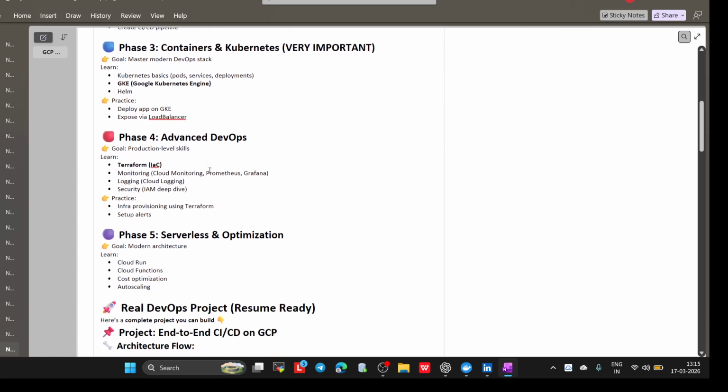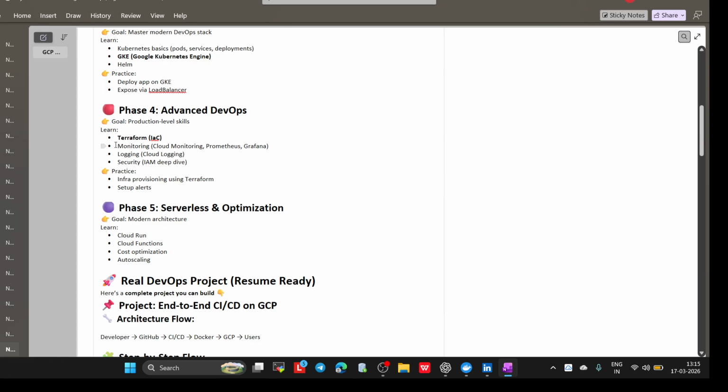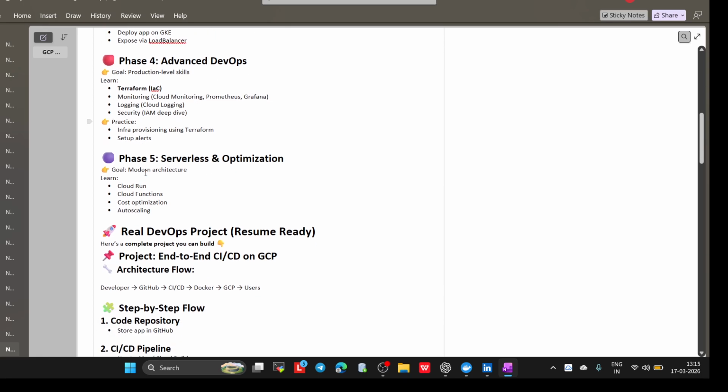And advanced DevOps like Terraform as infrastructure as code, monitoring with Cloud Monitoring, Prometheus and Grafana, logging with Cloud Logging, and a security IAM deep dive. Infra provisioning we will do with the help of Terraform. After that, serverless and optimization: modern architecture, Cloud Run, Cloud Functions, and cost optimization and autoscaling. We will cover these things.